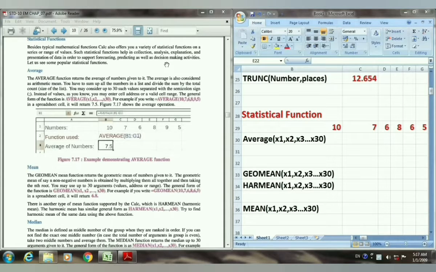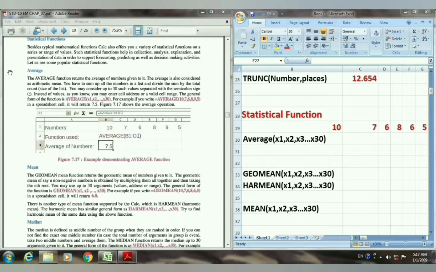So now we are going to start the statistical functions.